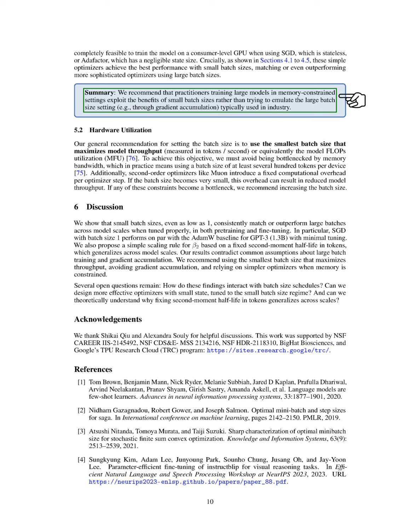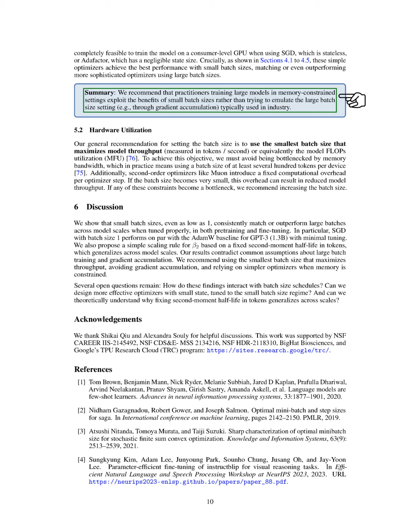Importantly, as we have shown, these simpler optimizers achieve the best performance with small batch sizes, often matching or exceeding the performance of more complex optimizers that use larger batch sizes. Section Summary. In this section, we demonstrate that small batch sizes can match or exceed the performance of larger ones, and that simple optimizers like vanilla SGD and Adafactor are effective and memory-efficient alternatives to more complex optimizers, especially in fine-tuning scenarios. We recommend full fine-tuning with small batch sizes over low-rank adaptation, LoRa, to optimize performance while managing memory